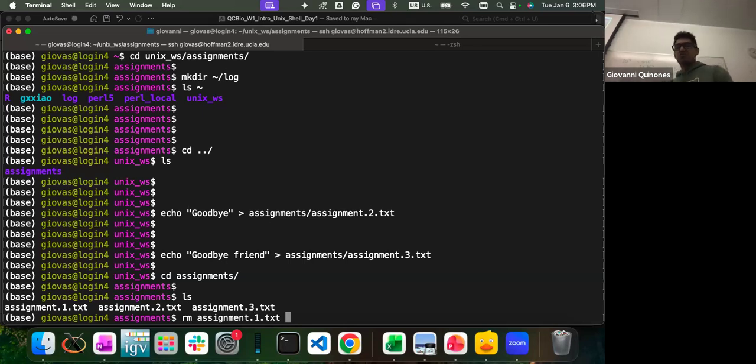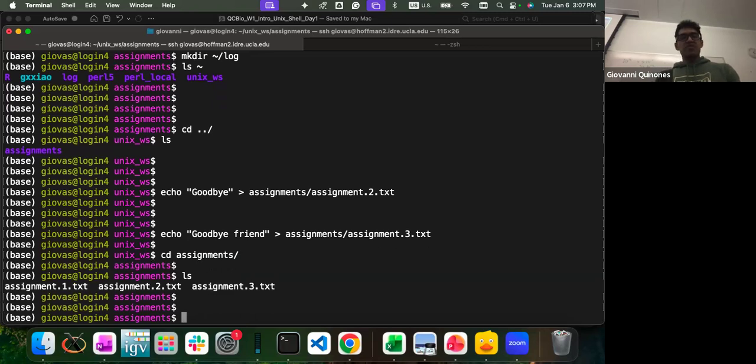So it's smart enough to autocomplete up to the point where there are differences. And then you can type in the specific file that you want and tab again, if there are no more commonalities between the names of the files. Okay. Now with these tricks, with these tips, you should be able to navigate everything pretty quick.